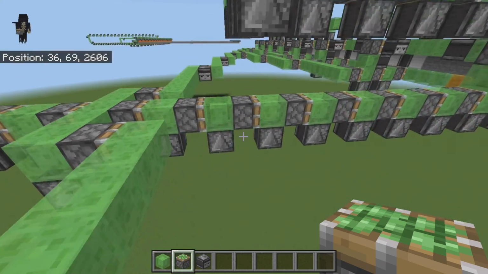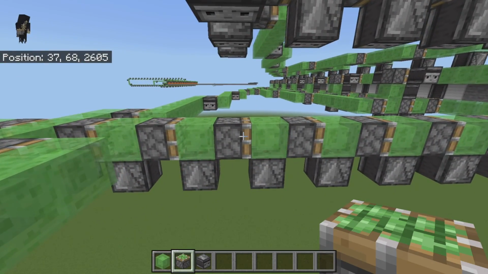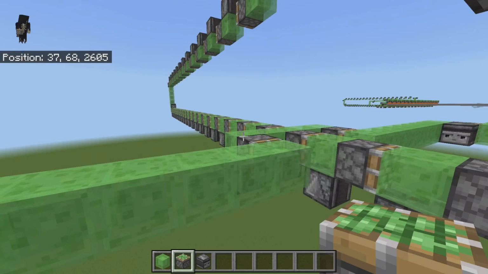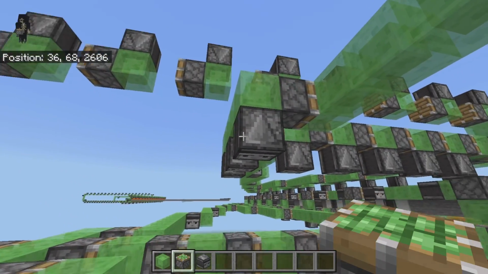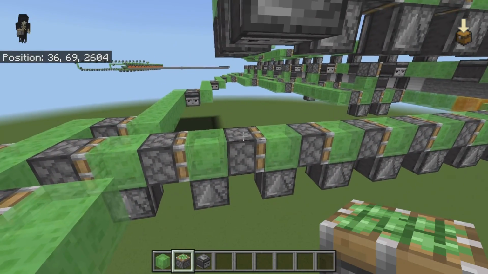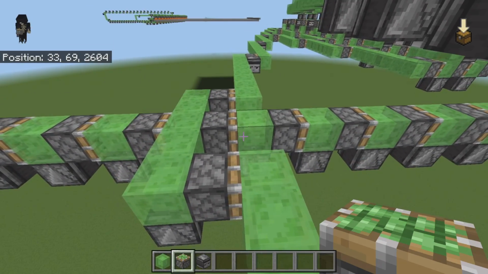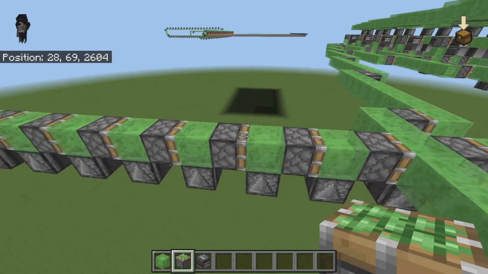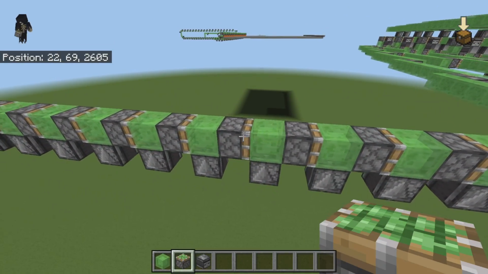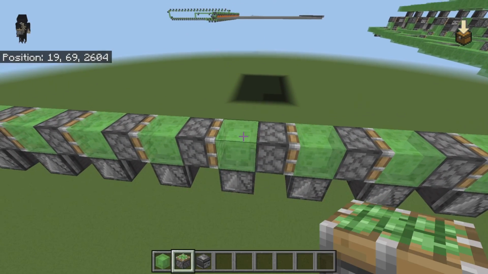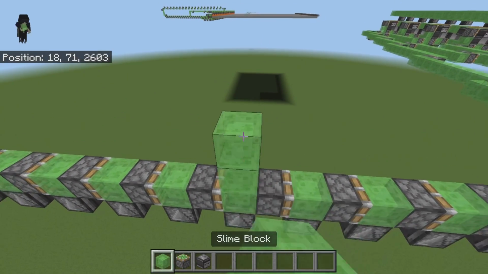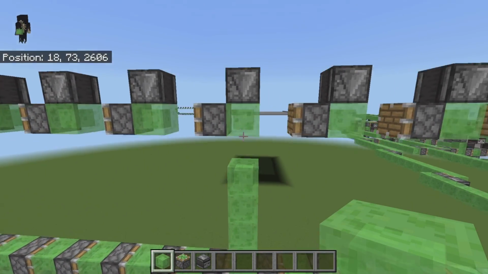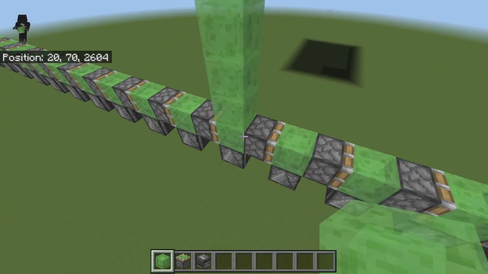bar right here. We're going to come to the piston down below, and we're going to count 10 pistons, including this one, back in that direction. So here's this bar, here's this piston, here's 1 piston, 2, 3, 4, 5, 6, 7, 8, 9, and 10. Then the slime block behind that one, we're going to bring this up here just like this. We're going to leave a 1 block gap underneath that, and now we're going to double check